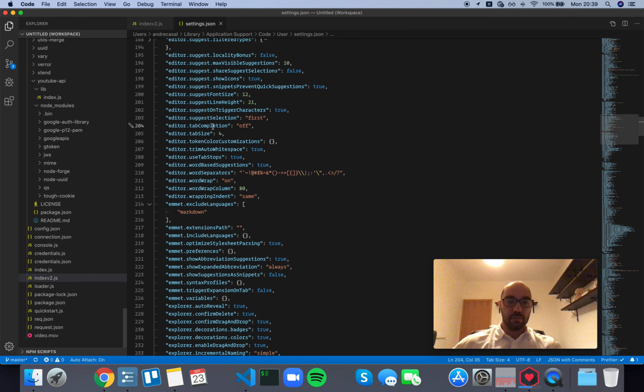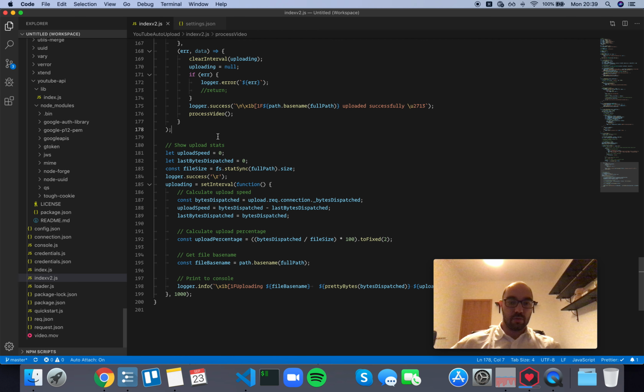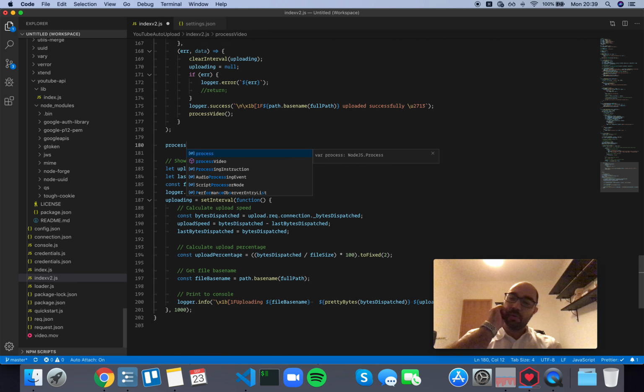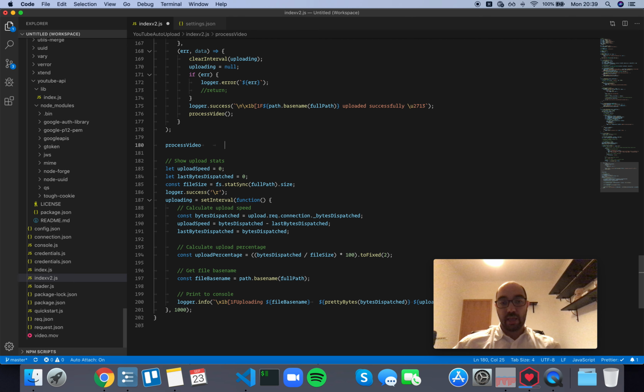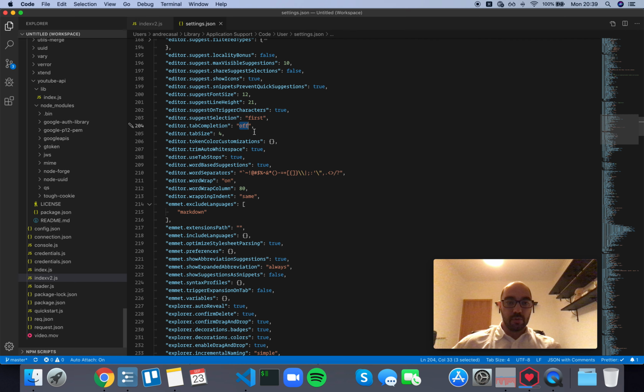Okay, so editor tab completion, and this enables tab completion. Let me show you what this looks like. By default, this is off. So if you begin writing a little bit of code and you press tab to accept a suggestion, and you keep pressing tab, you accept a suggestion and then you keep adding tabs in front of that. If you turn it on,